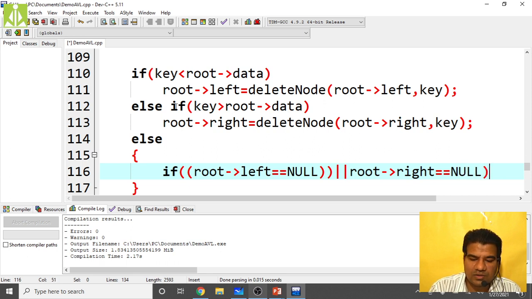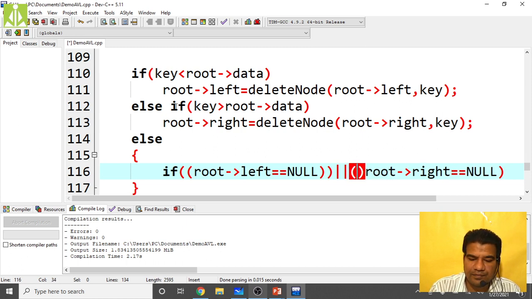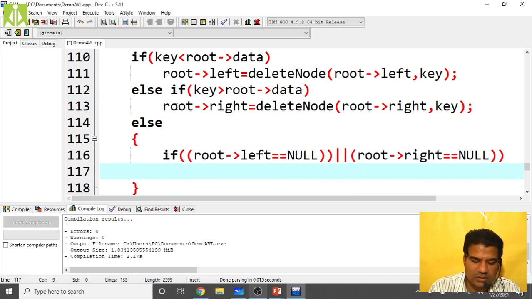Root of left equals to null, and root of right equals to null. Then go to the end, here you put one more. In this case what we have to do,